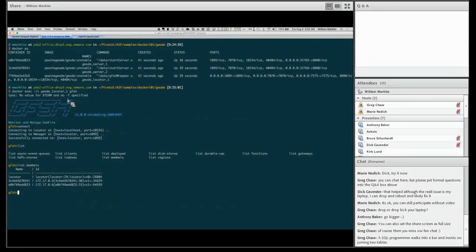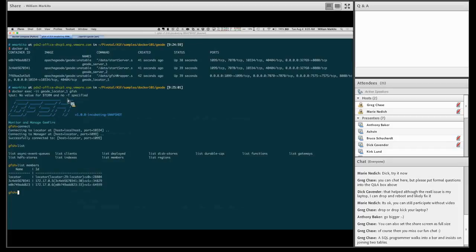Now it's starting the locator. And in this particular case, it's already starting 2 servers. I'm going to explain why. Since it's also doing all this wiring, setting up the network and provisioning all that, it may take a little bit more time than running a single container. But that's because you are provisioning all these 3 containers